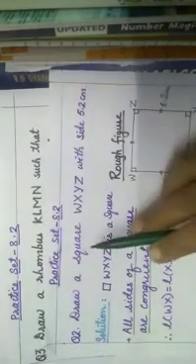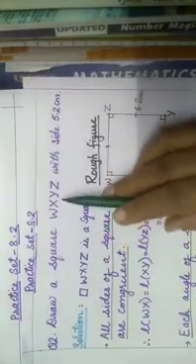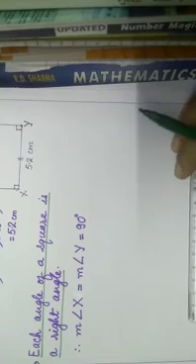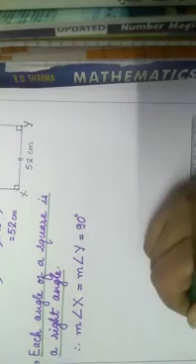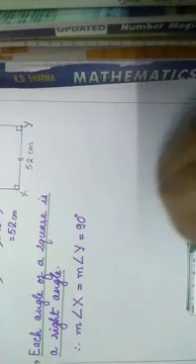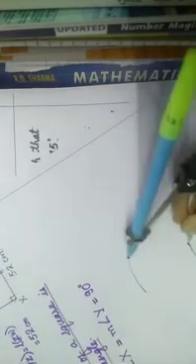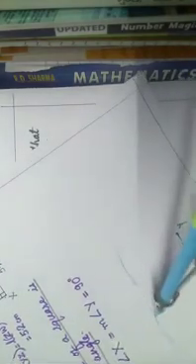Now let us construct a square. We have to construct a square WXYZ with side 5.2. So let us take 5.2 centimeter. First we will draw one base of 5.2 centimeter. So take from 0 to 5.2 and now name this as XY. This segment as XY. Put a dot over there and now draw 5.2 centimeter. Take 5.2 centimeter in your compass and draw arcs from Y also and from X also.